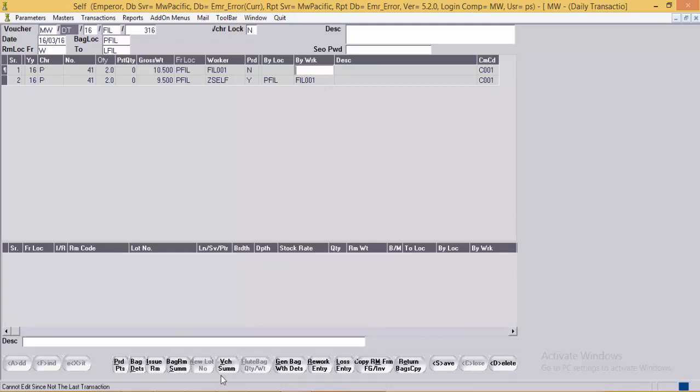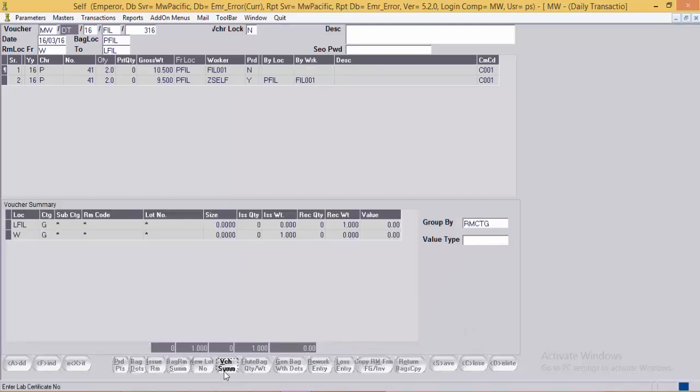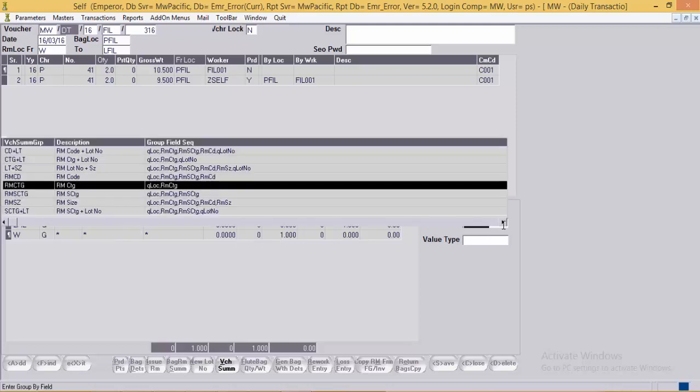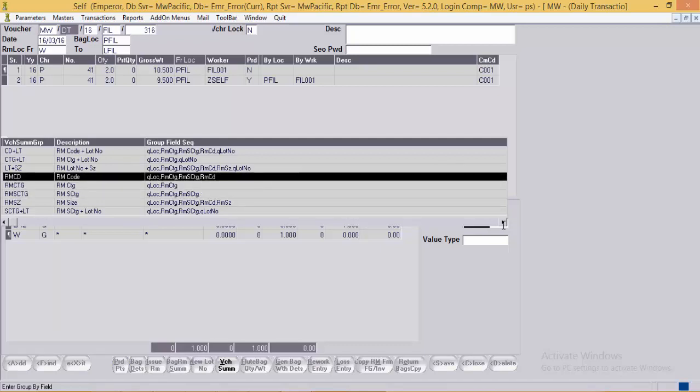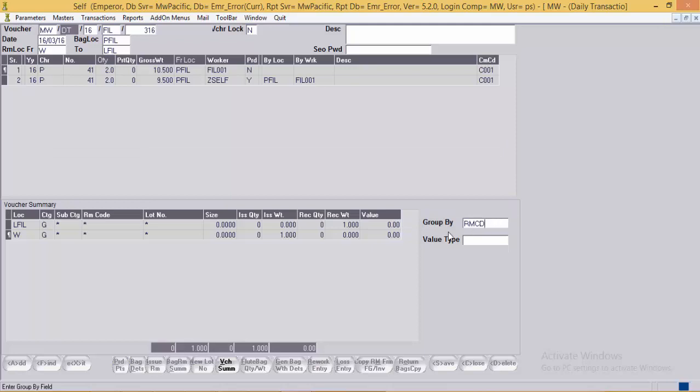After the bag RM summary, we'll see the voucher summary. Here the system is displaying the issue and receipt of the RM, from which location and to which location. Again we can select the group by option over here. For example, we take the RM code as the group by option.